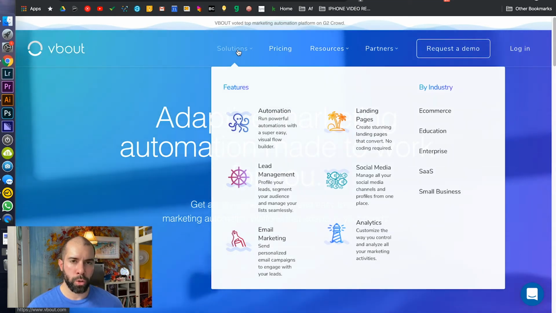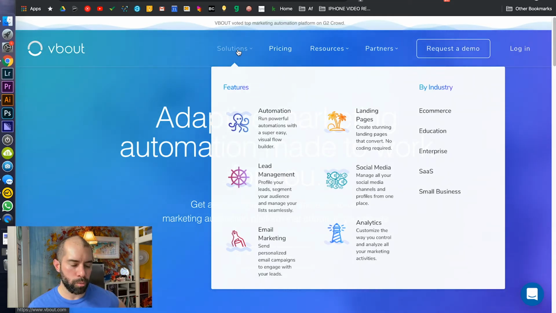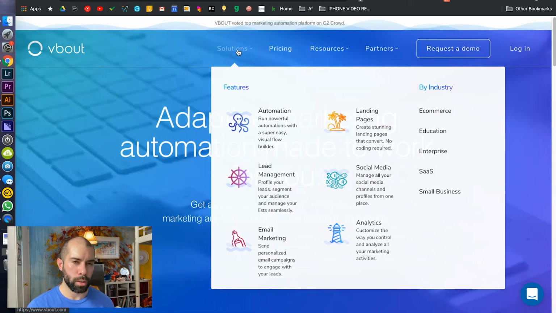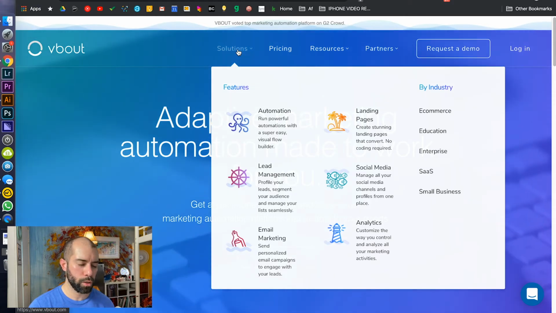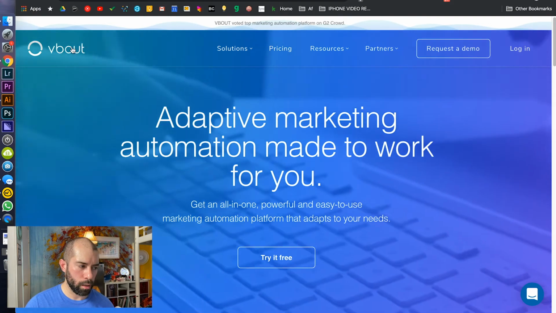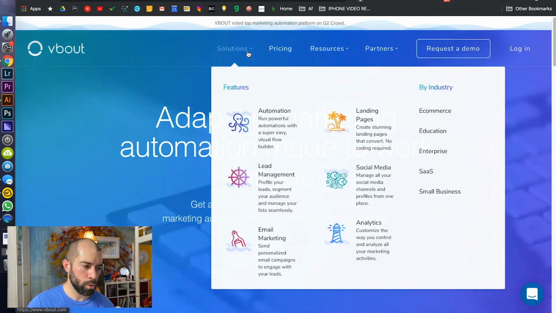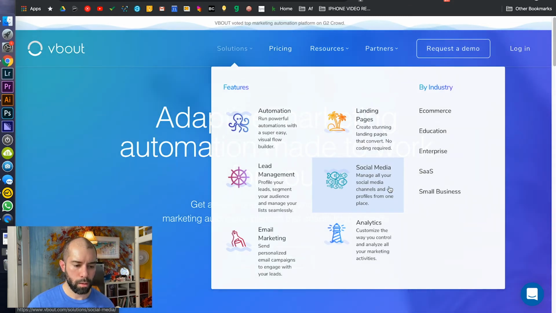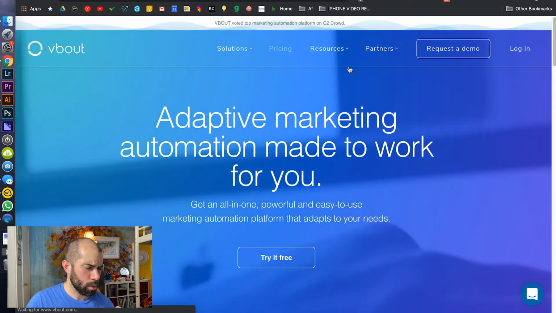Now, it doesn't do YouTube, but I guess that's fine because I can just do YouTube separately, and you can schedule videos on YouTube. So that's not a big problem, but I think Hootsuite does do YouTube. Sprout Social doesn't right now, as far as I know, but they said they would probably do that in the near future, from what I remember talking to them about. So I was like, well, dang, if Vbout is basically the same as Keap, but you can also do your social media management through Vbout, and that can be integrated into everything else, then that sounds good to me. So I think I signed up here.